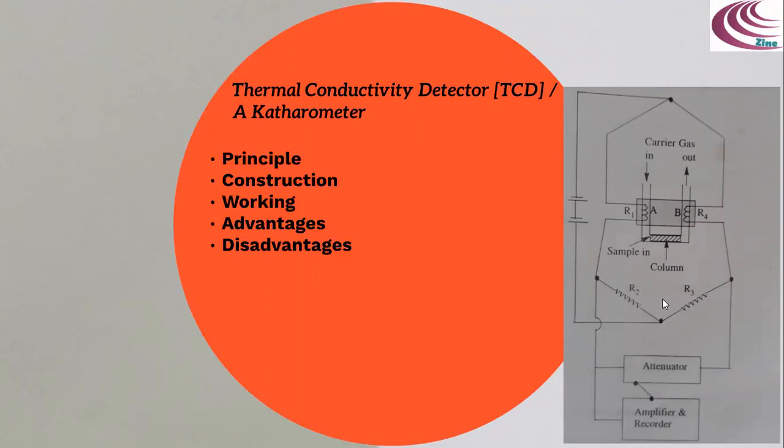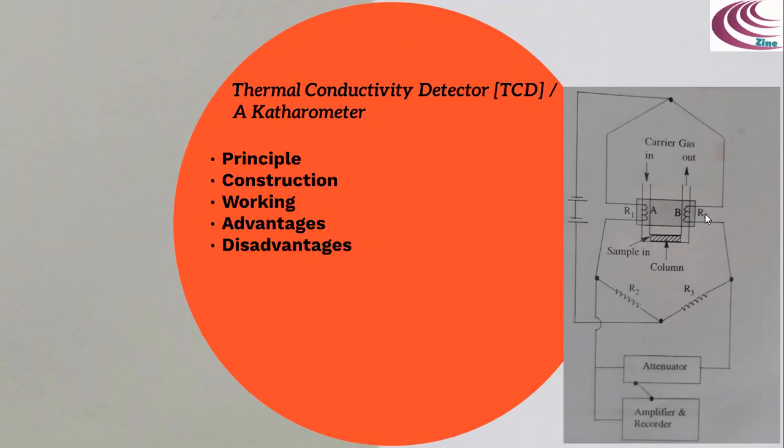In case of working, a standing current is passed through the two coils A and B by connecting them to a source of constant electric voltage. The passage of constant current through these coils maintains them at a constant temperature. The values of the two resistances, R1 and R2, are constant throughout the separation.